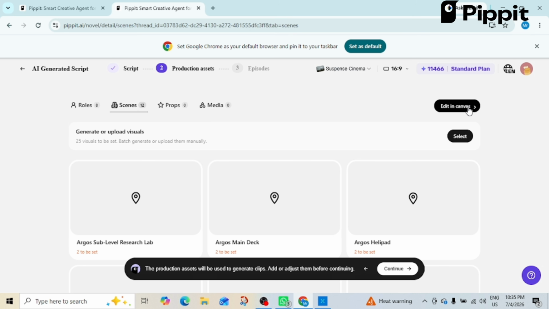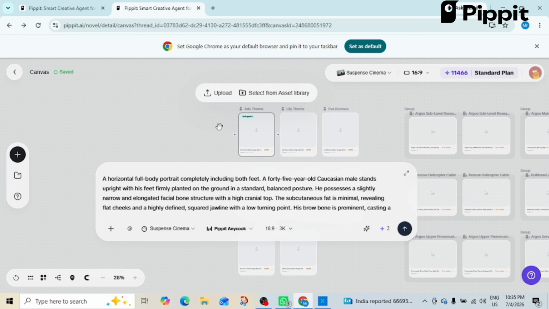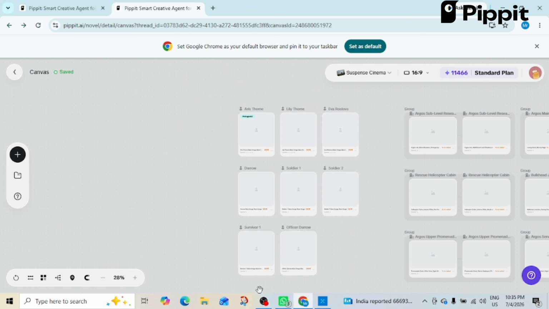With the Select option, you can upload your own custom assets or references. When I click Canvas, the complete visual workspace of Story Studio opens. Here, all of my generated assets, including characters, scenes, props, and media, are organized in one place. With the help of Canvas, I can easily review, arrange, and manage my story elements before moving to the final